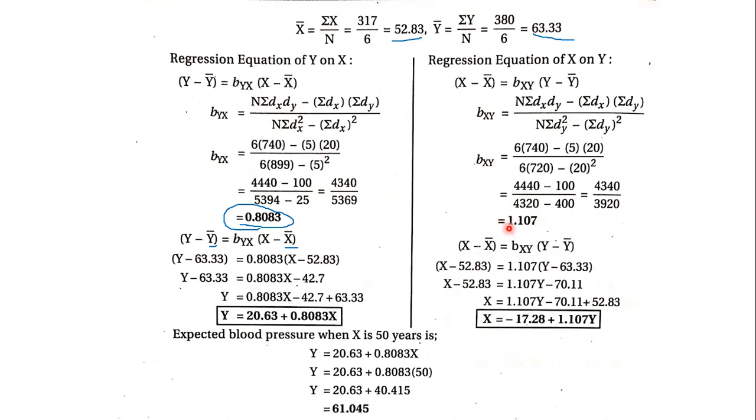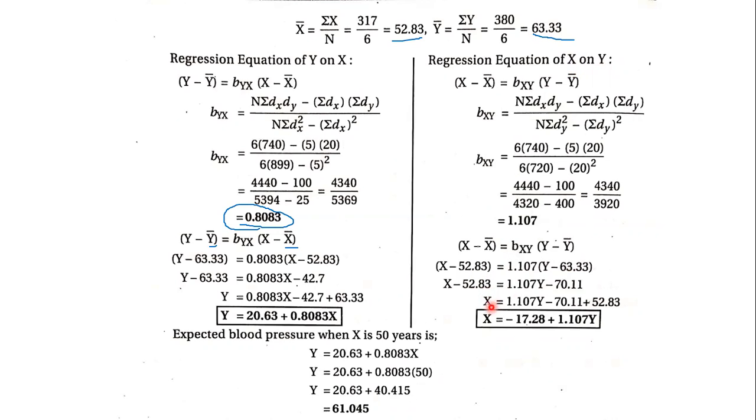1.107 into y minus y bar is 63.33. Then x minus 52.83 is equal to, let us simplify this side. 1.107 into y is 1.107y, and 1.107 into 63.33, you will get 70.11. So if you multiply these two numbers, then in the next step, since it is x on y, x